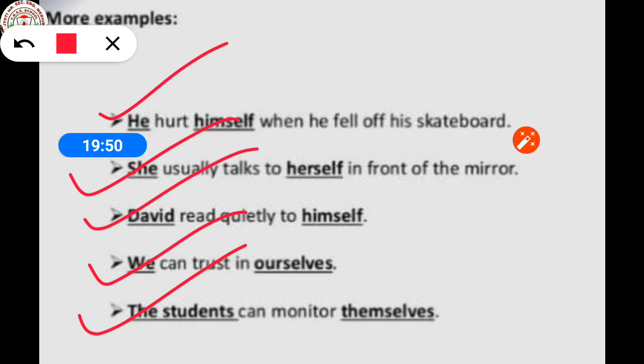I hope, children, you all understand what personal pronouns are, what the second one, reflexive pronouns, are, and possessive pronouns. Today I am going to stop here, and I will continue the leftover part